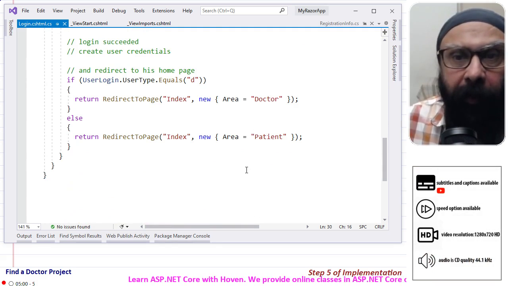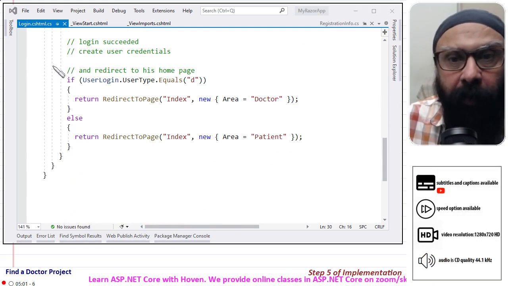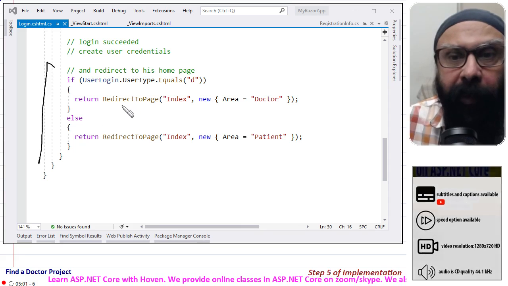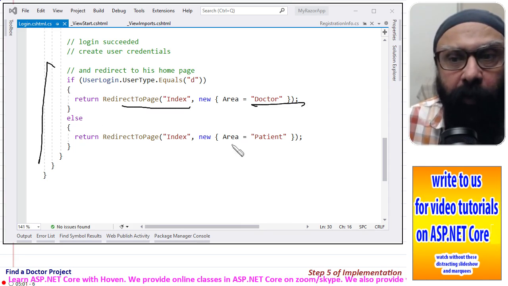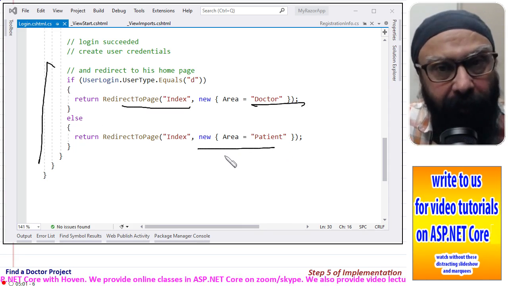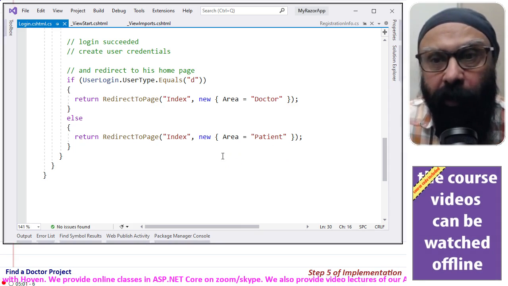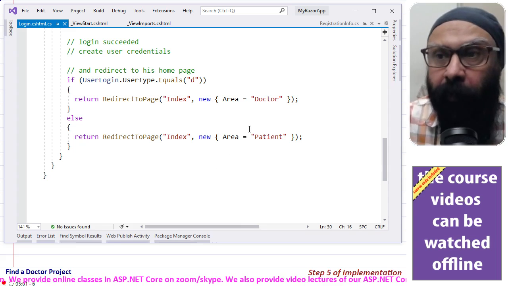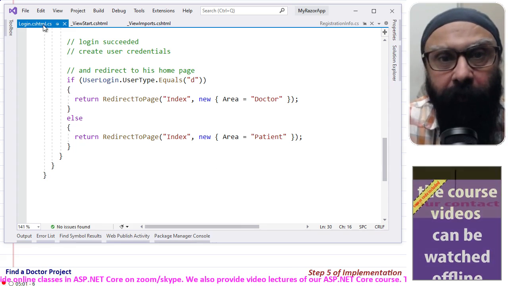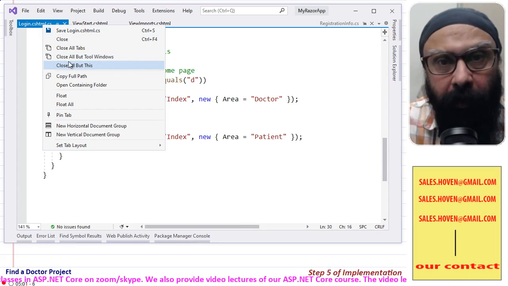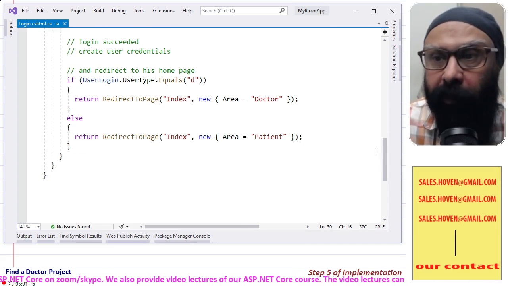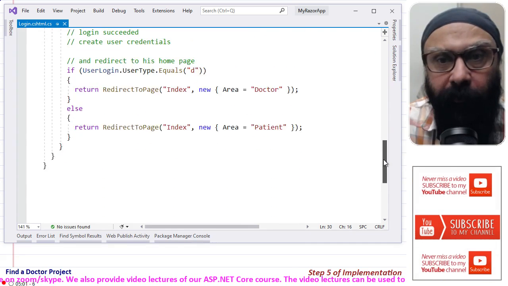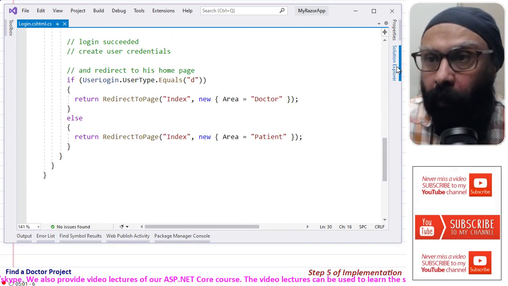Then depending on what his type is, we redirect him to the index page of the doctor area or of the patient area. So this part should now be amply clear to you. Let us close other tabs so that we don't get into a lot of confusion. Okay, now